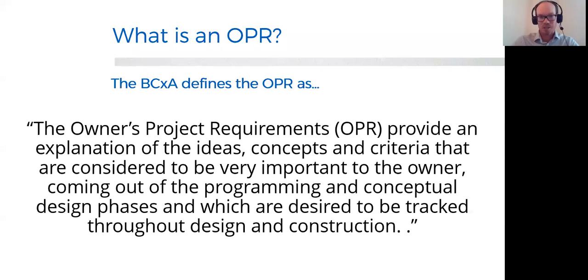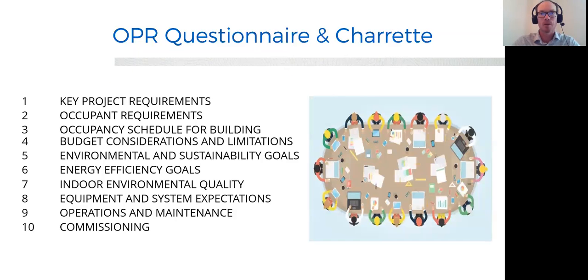But as projects get value engineered, as they all too often do, and that's fine, we just need to make sure that they understand the pros and cons of making that change. And that needs to be documented. Okay, so this OPR is a living document. All right. One of the key aspects that is often overlooked is having those uncomfortable discussions early on, roundtable,